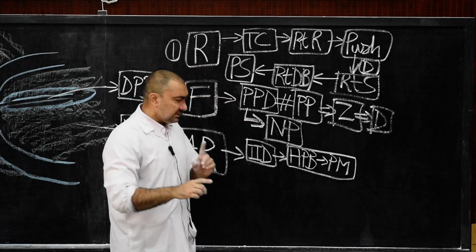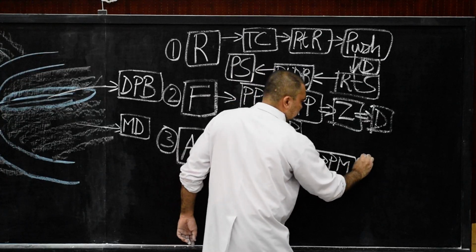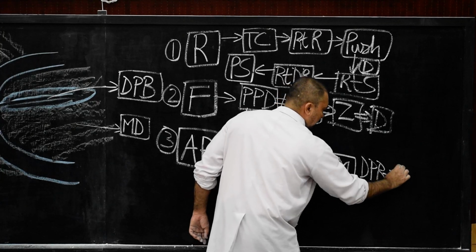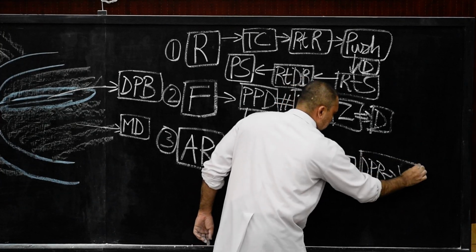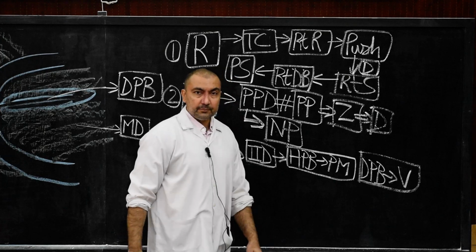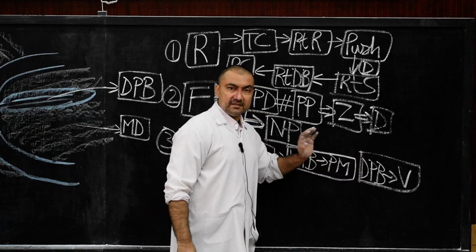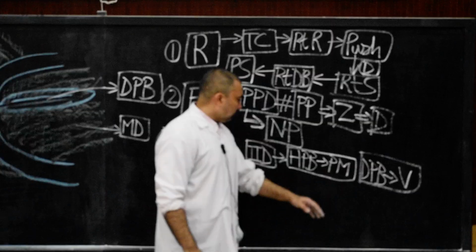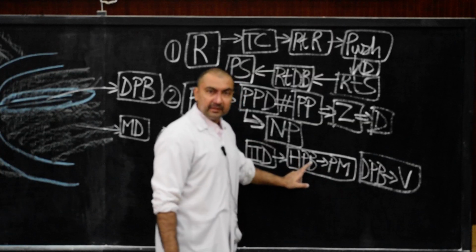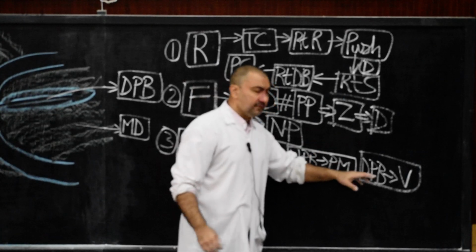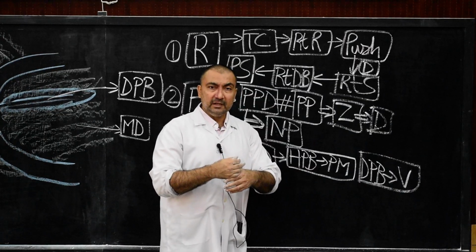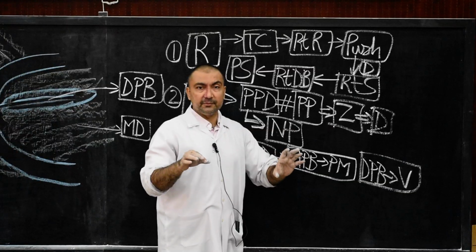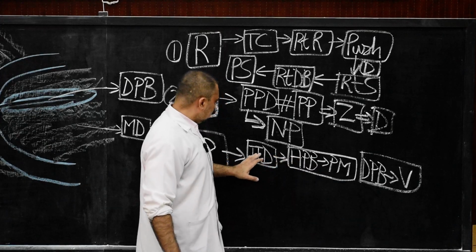And the dorsal pancreatic bud will pass ventrally. This statement is also very important. So because of these two major changes, both the buds will then merge with each other. The ventral pancreatic bud from the hepatopancreatic bud and the dorsal pancreatic bud will merge with each other, and therefore the canalicular system will also merge, and therefore the entire pancreas will develop. So this is known as axial rotation.